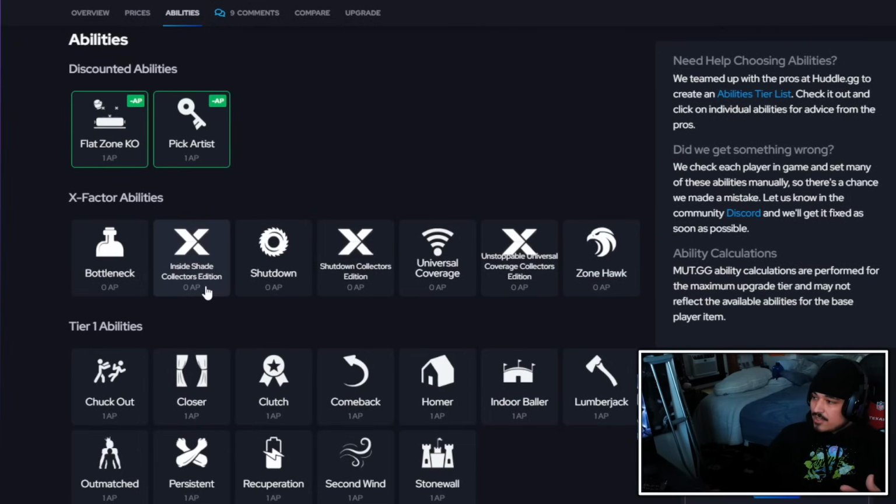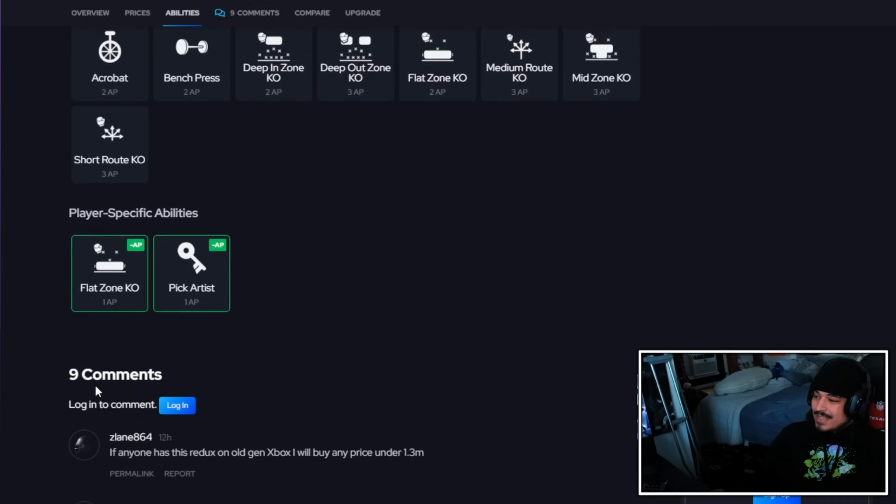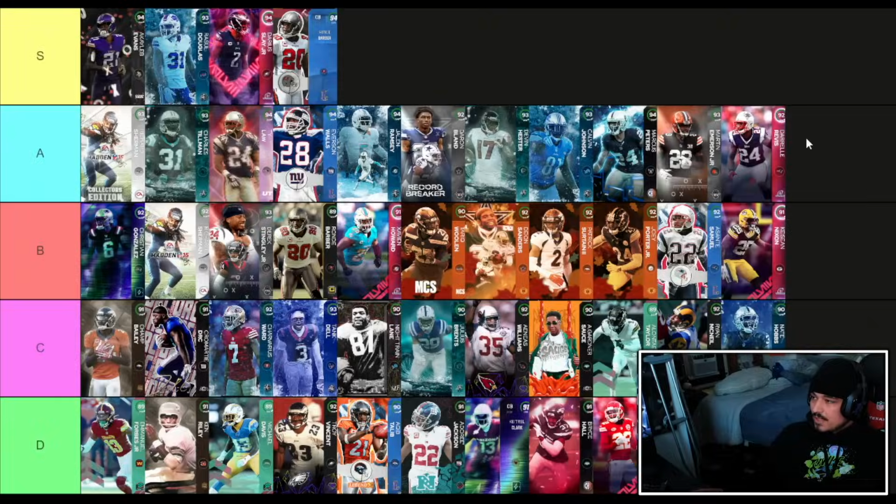He does get Inside Shade, Collector's Edition, as well as Unstoppable Force, which is unstoppable. I mean, universal coverage unstoppable, which means if it does turn on, it won't turn off, and obviously it turns into an absolute blanketing coverage. Also, Shutdown's nice too, but